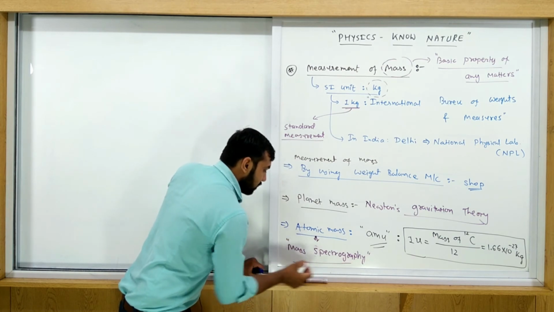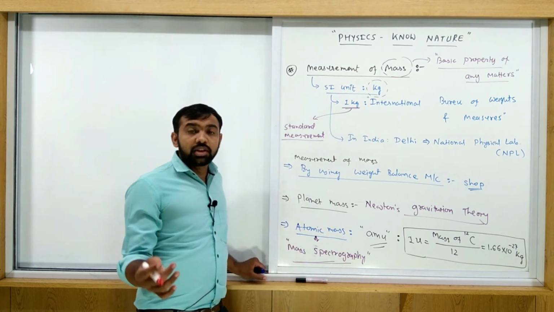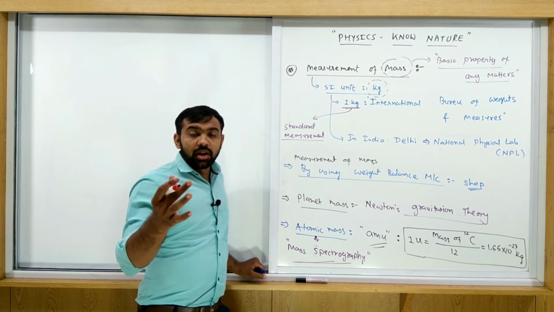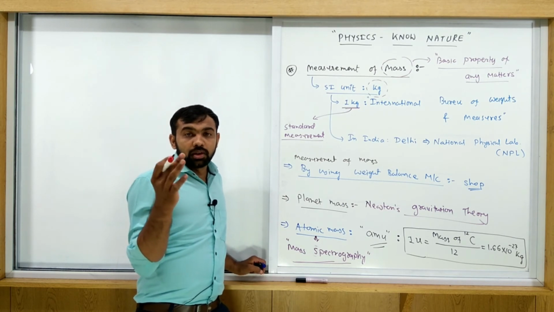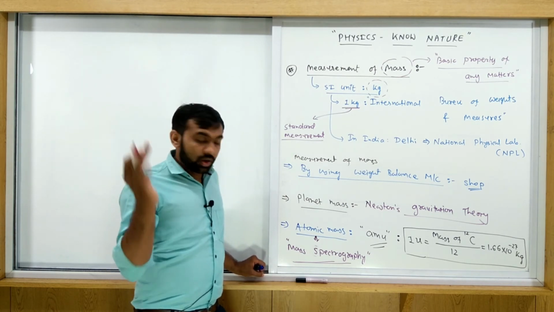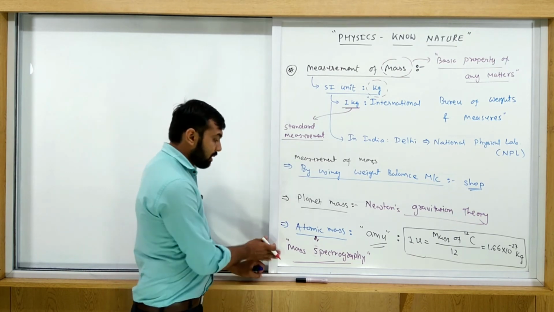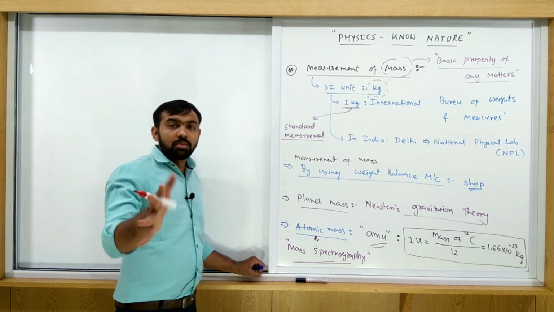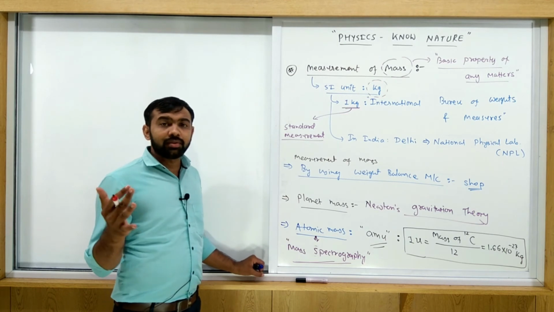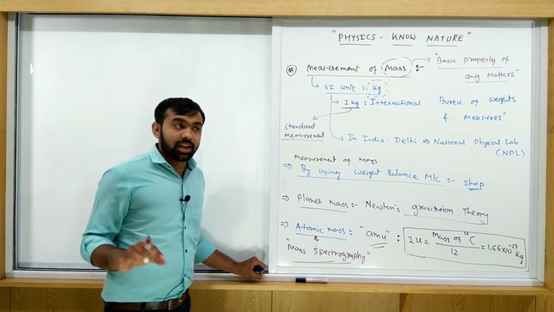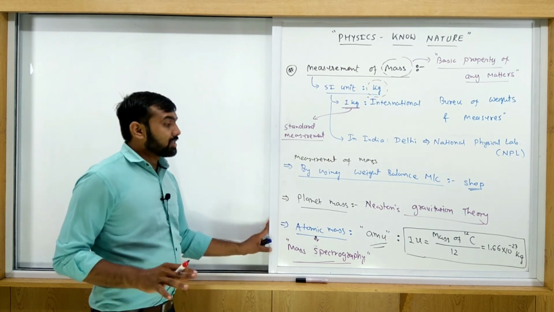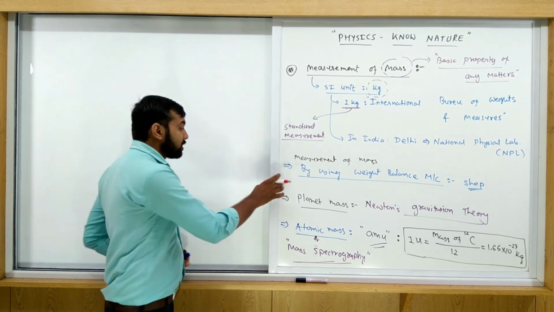Okay, different charged particles are scattered using magnetic field and electric field, and we have to find out the mass of the particle, but you just remember it. We studied about the magnetic field and electric field in 12th standard. So these are the different cases for the measurement of mass. Now we come to the range of mass.